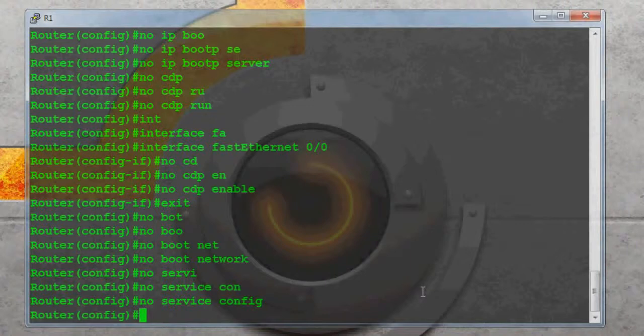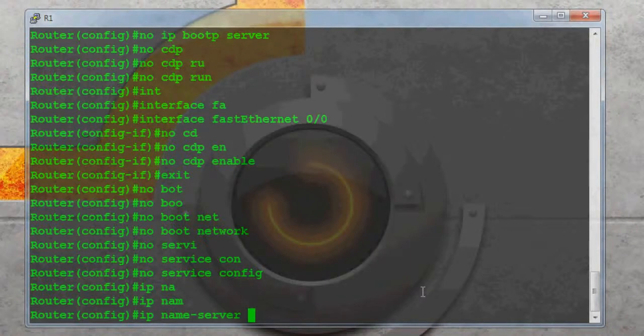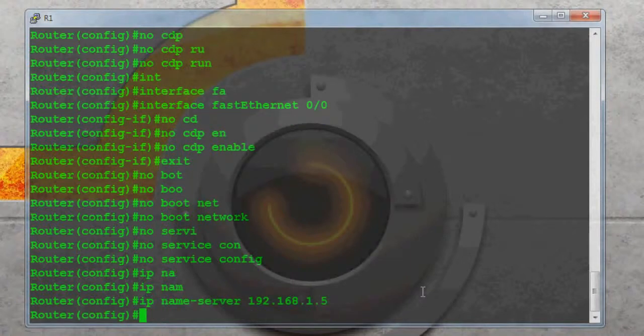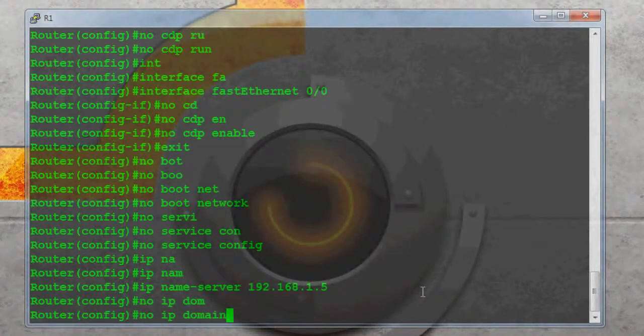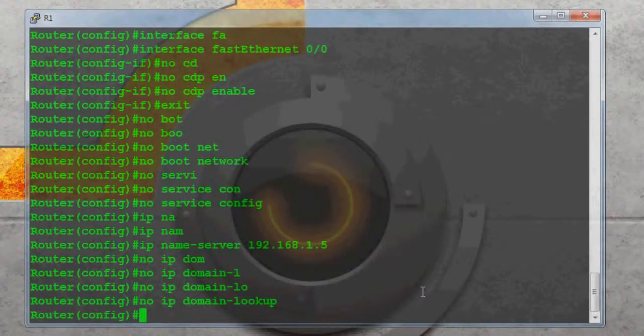So type ip name-server 192.168.1.4 and press enter. DNS name resolution can be disabled if necessary. So type no ip domain-lookup and press enter.